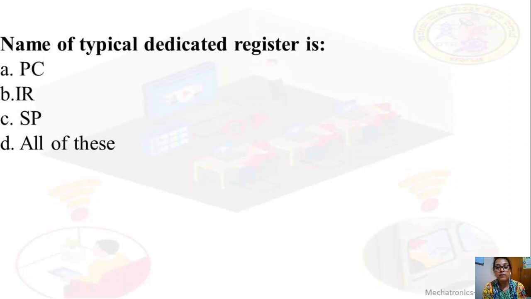Then what you can expect are descriptive questions. They may ask you to explain or mention the special function registers. You have to write down that table along with the function. Or individually they may ask, explain accumulator and register B, or explain the program counter, or explain the data pointer register, or explain some of the special function registers. Depending on the marks, you have to choose some of the special function registers. Okay. So this is about today's session.